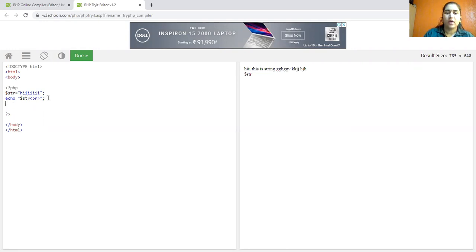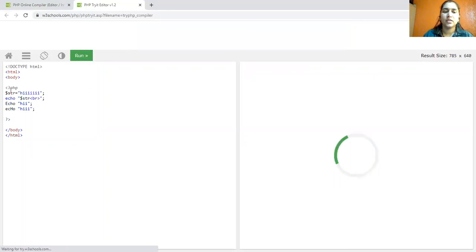Now again, as we learned previously, PHP function names are case insensitive, meaning I can write them in any case. Suppose I write a capital E and then hi, it works. Also I can write a capital H; you can use any case for displaying this string, because function names in PHP are case insensitive.